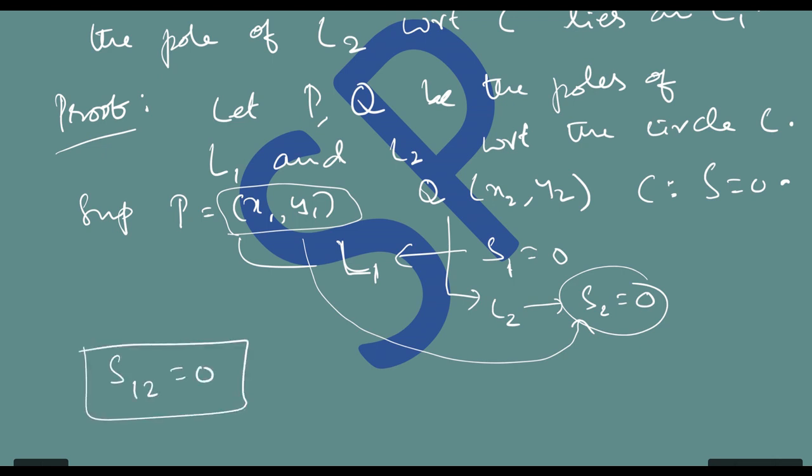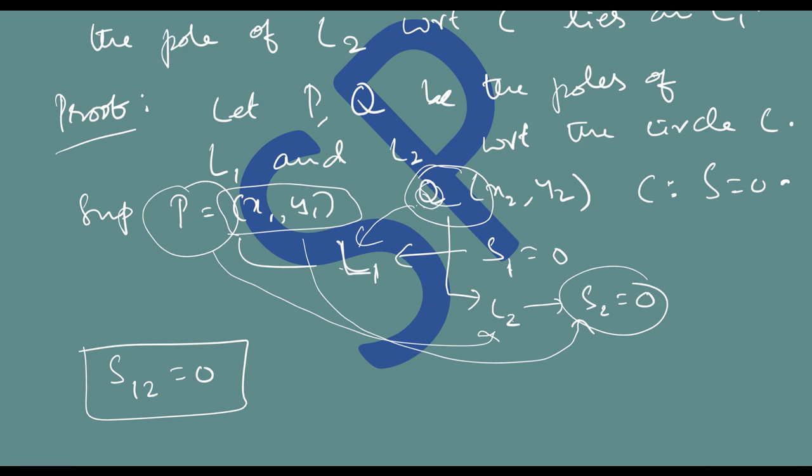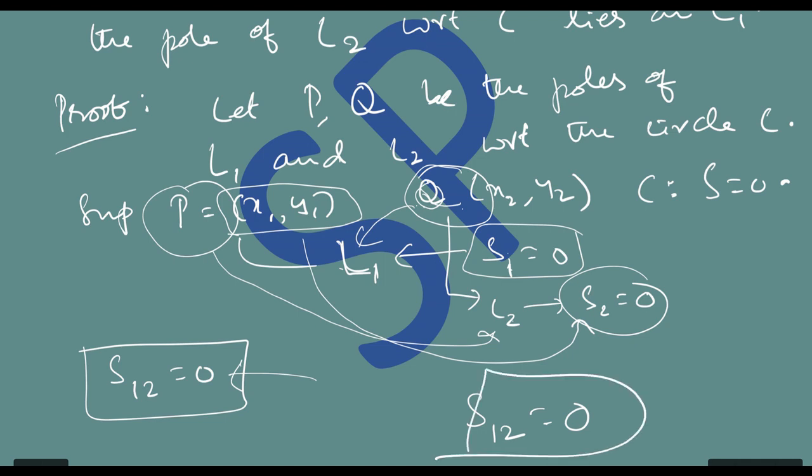So we have this. Keep it aside. Now what should we prove? When the pole of L1, that is P, lies on L2, we have to prove that the pole of L2, which is Q, lies on L1. So let us see whether it lies or not. If it lies, then Q has to satisfy the equation of L1. What is the equation of L1? S1 equal to 0. Now substitute and see whether it satisfies. What happens if I put Q in S1? I will get S12. But what do you know about S12? It is 0. Satisfied. Therefore, the theorem is proved.